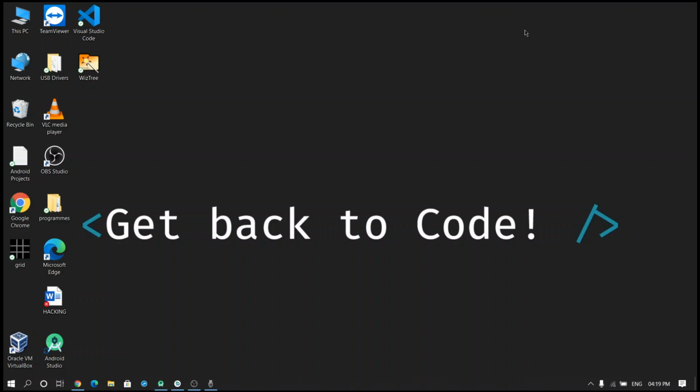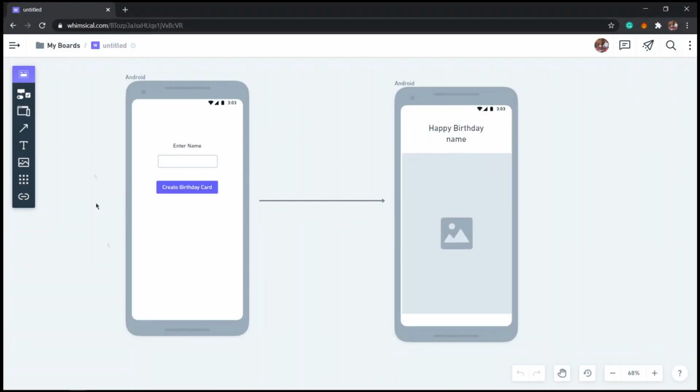So in the previous video we have completed some part of our app. Today let us see what we are going to do. In the browser, we have completed this part and today we are going to complete this part. So at the end our total app would be completed.